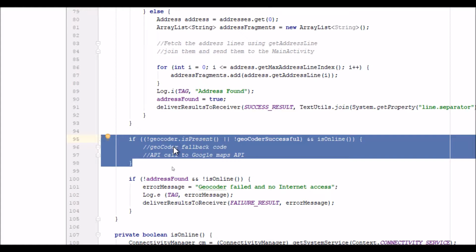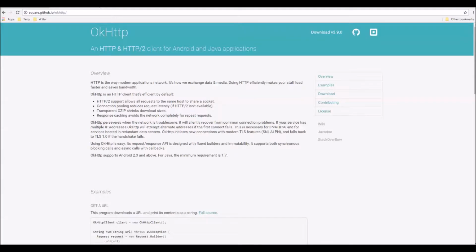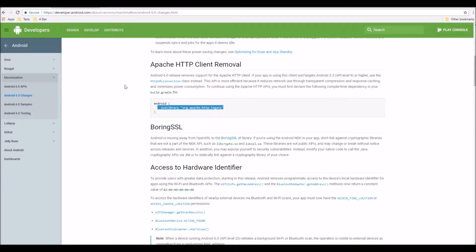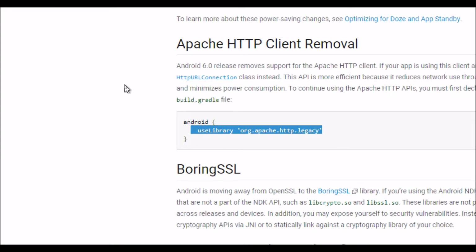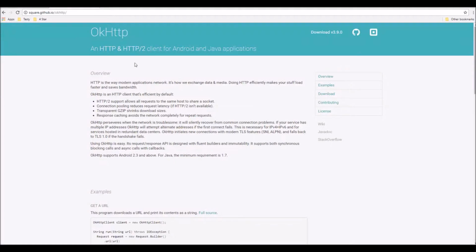So the first thing to consider is the HTTP call itself. Just want to draw your attention to the Android developers website here. You'll notice that if we want to continue to use the Apache HTTP clients, then that's a legacy function now, so we can still use it. These changes were made in Android 6 or Marshmallow, but anything legacy really probably means it's becoming end of life. In fact, the default HTTP client's already been deprecated, so we're really looking for a much more modern, better supported alternative. So what I'm going to do is use